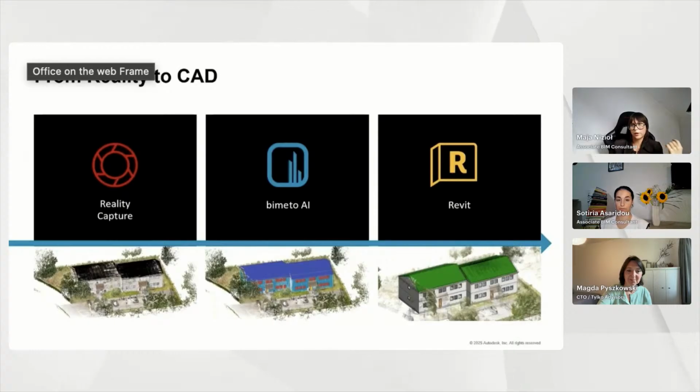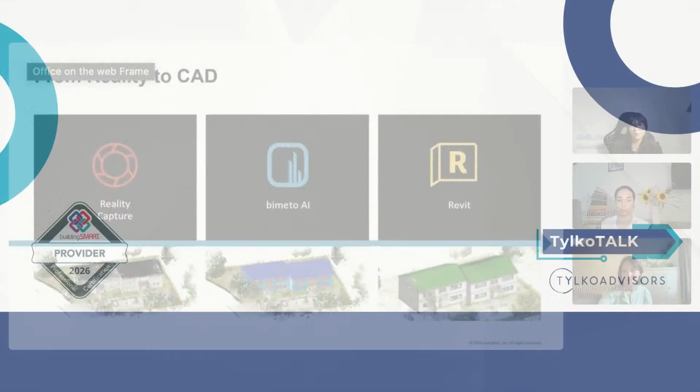But currently, we have a lot of plugins, and this is just the example of Bimeto AI. This is a plugin for Revit that can extract and see the structure of the building and automatically create the components and the whole design. So in the design process we can see how we can use it, and also post-design with facility management. With projects that currently don't have digital twins, we can really restructure them and make them useful for those cases. That's really great.